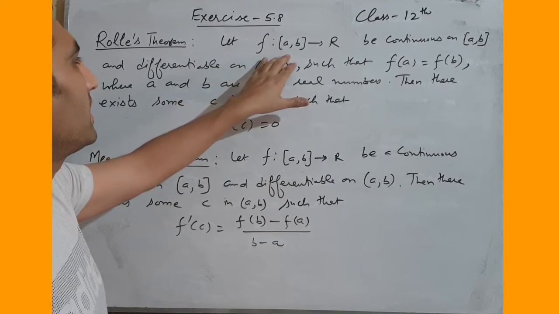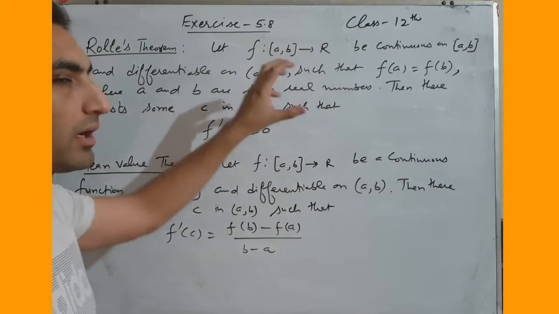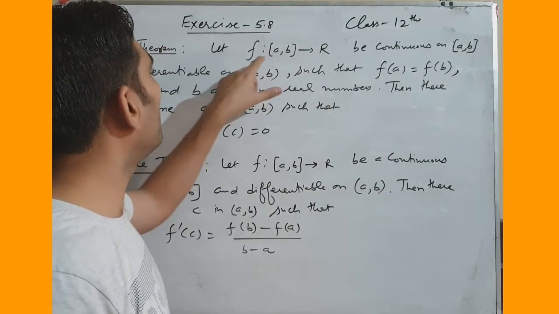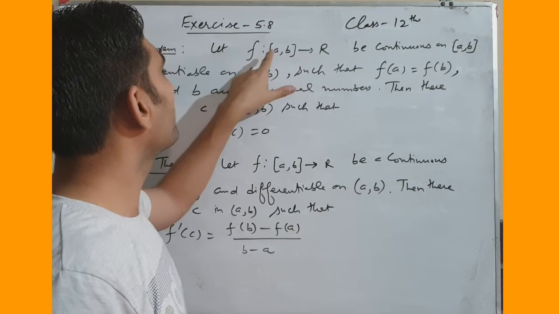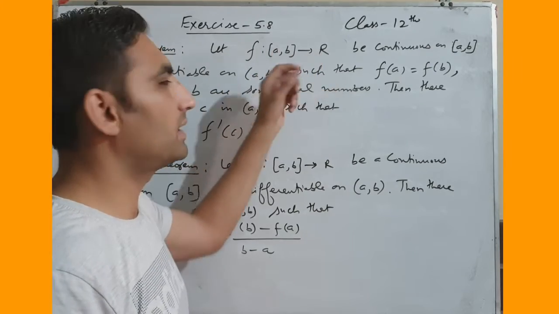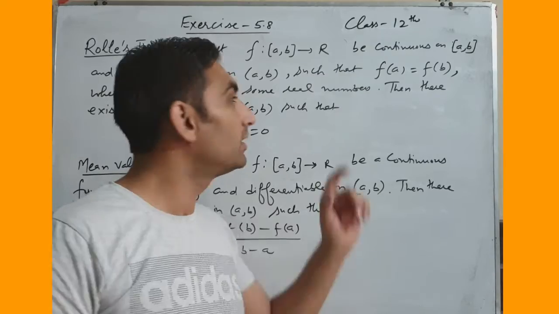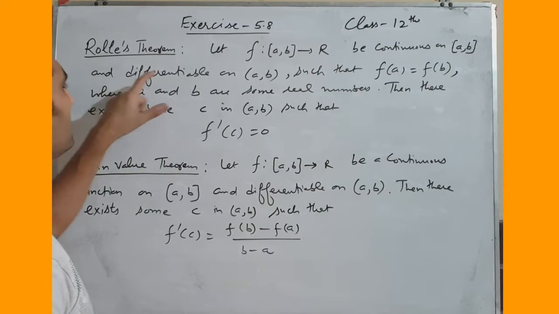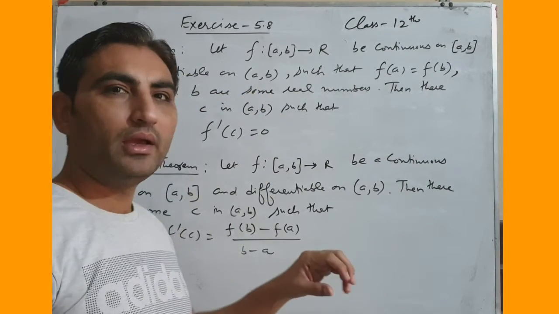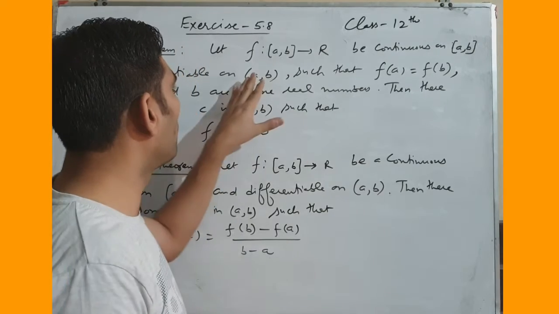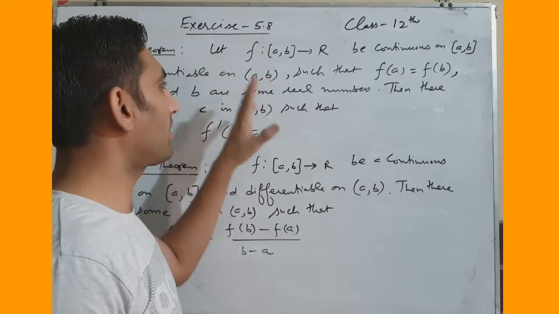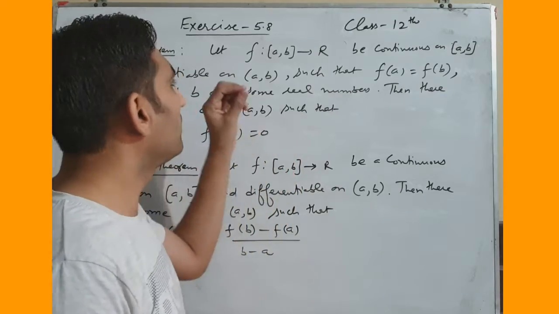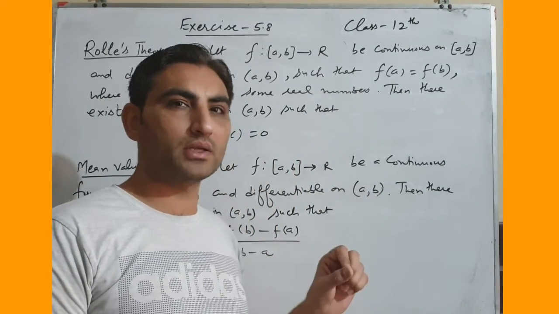Let f from closed interval [a, b] to R. It means there will be a closed interval given to you along with the definition of a function. Then you have to check whether that function is continuous on that closed interval or not, and differentiable on the open interval (a, b), meaning it should have its derivative on the open interval, where a and b are not included. In between, you have to check whether your function is differentiable on these numbers or not,